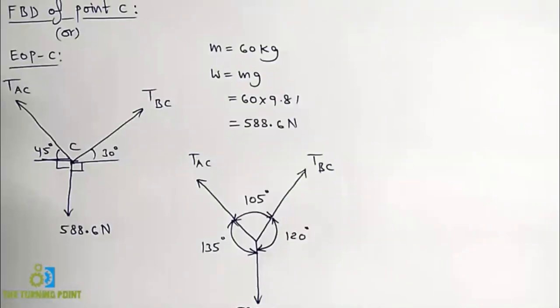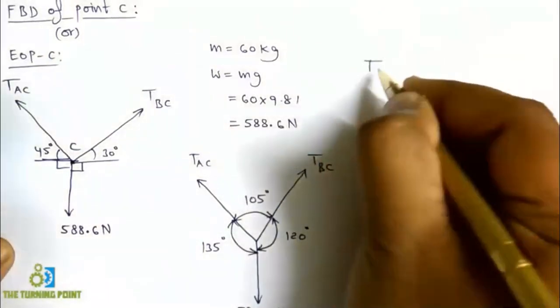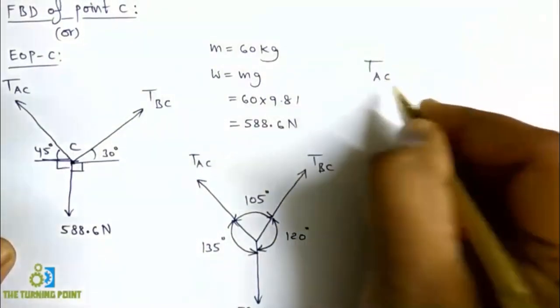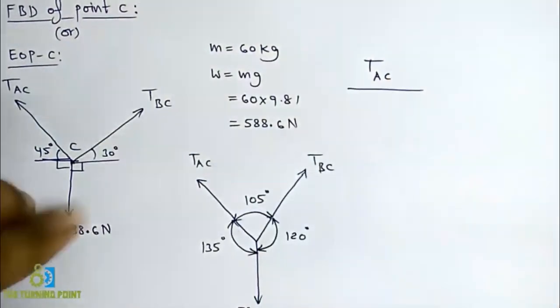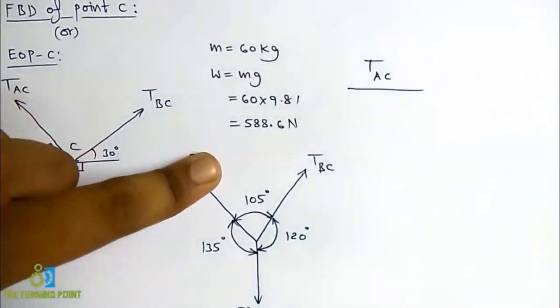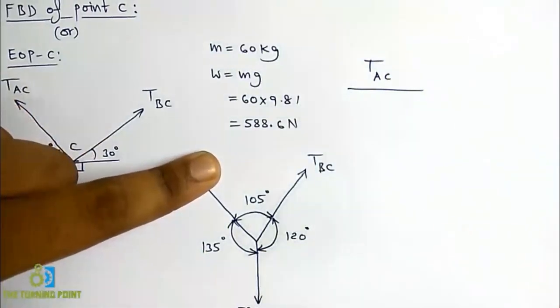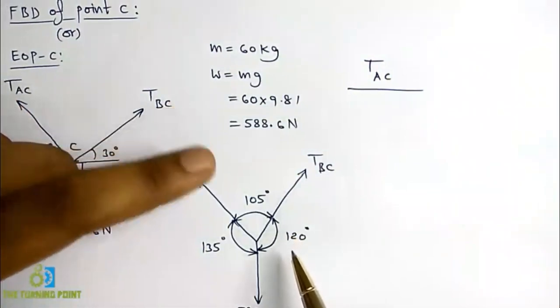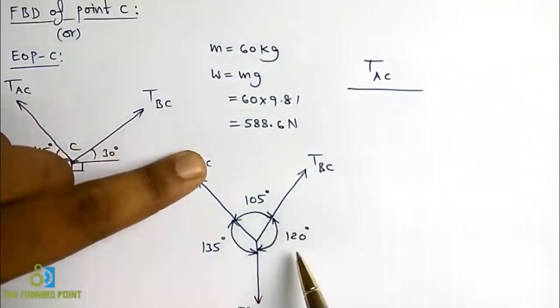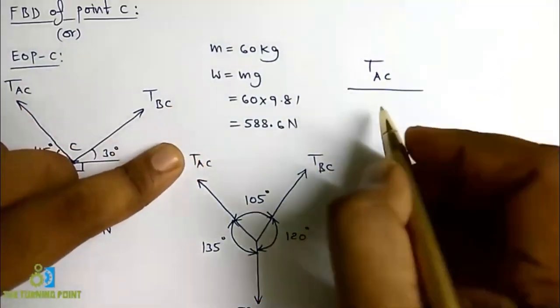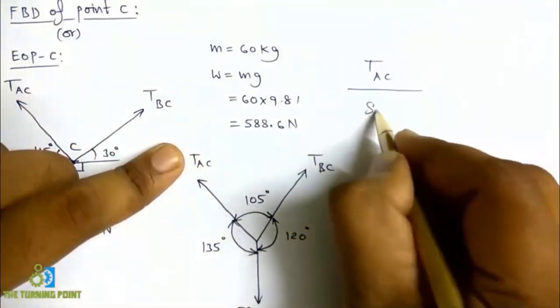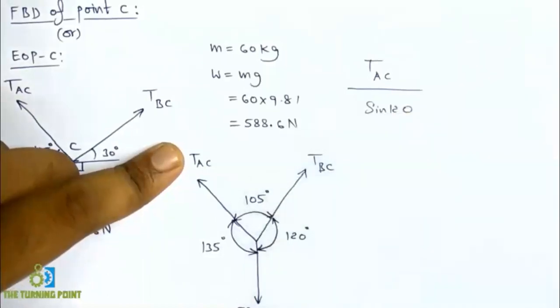Now I am going to apply Lami's theorem. First I am going to consider TAC. So TAC divided by sine of the angle between the remaining forces. When you close TAC, the remaining two forces are TBC and 588.6, right? And the angle between those two is 120 degrees. So that means TAC is directly proportional to sine 120. So there I can write TAC divided by sine 120